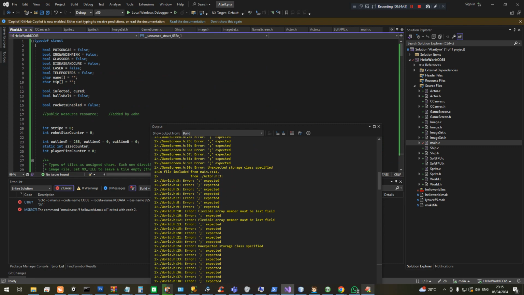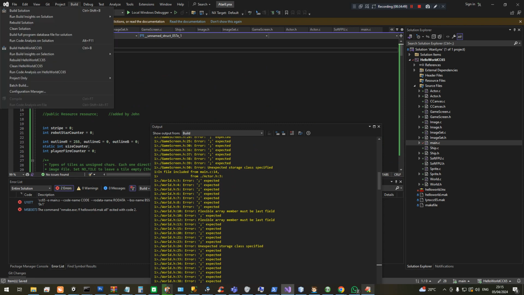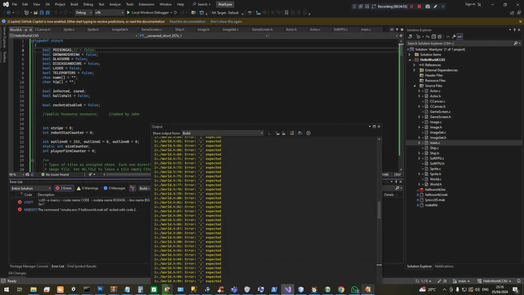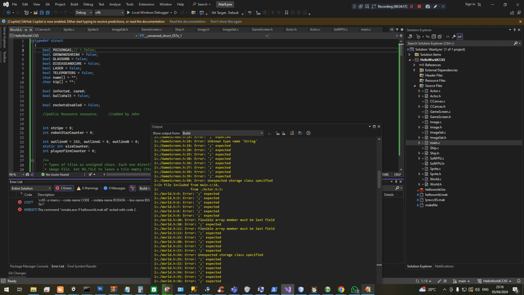Right, I see. It's because I've put equals false, I think. It works in main, but it doesn't work in the struct. So in some ways, there you can see that error went away. In some ways it would be nicer to keep it all in main, but I know that would be bad practice, but